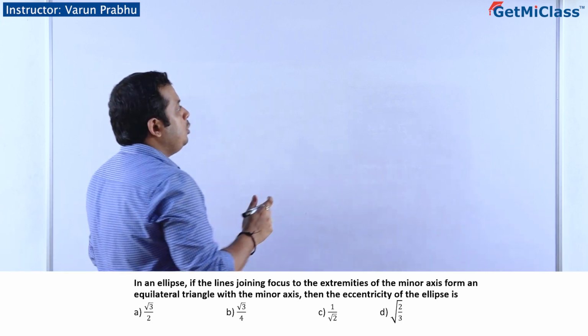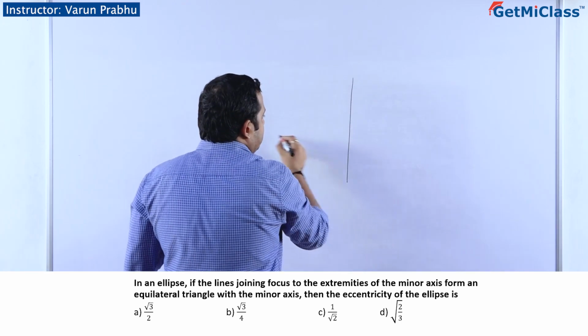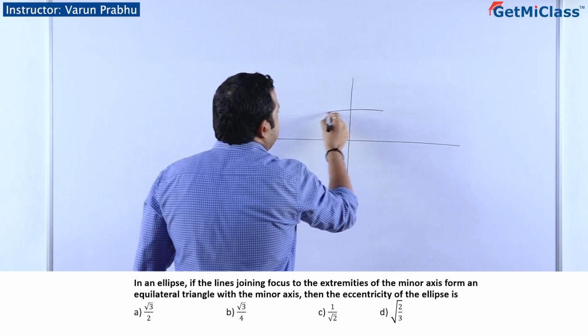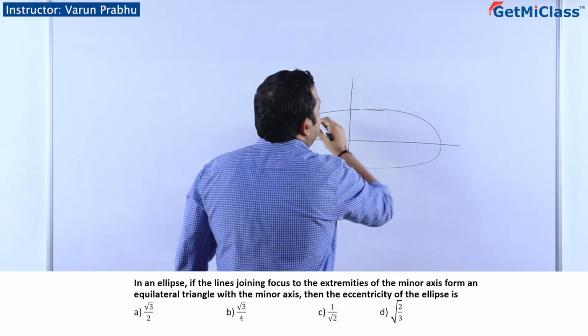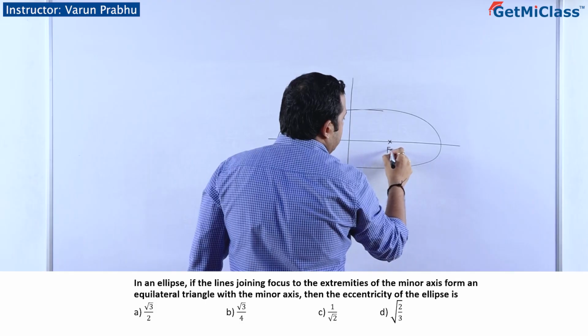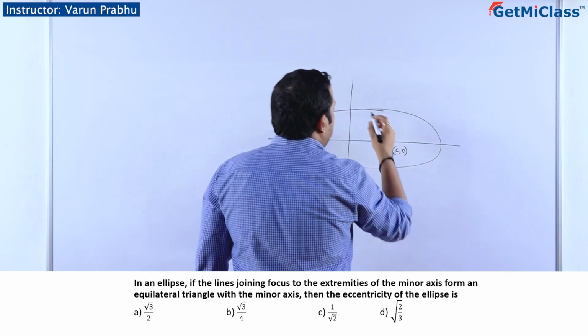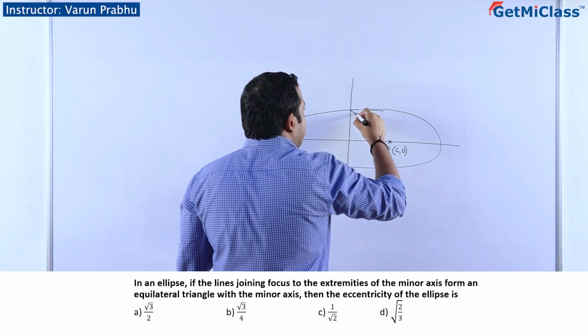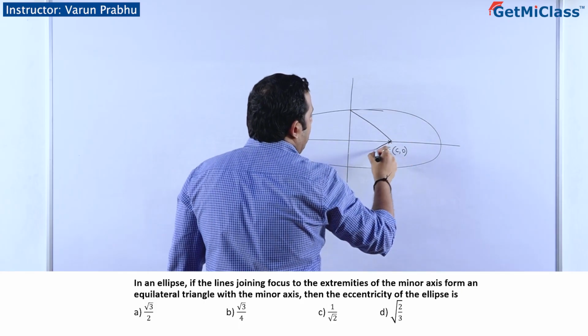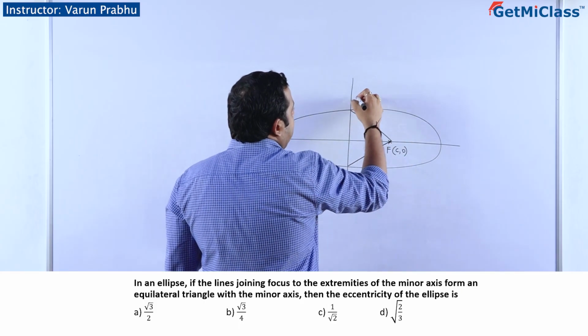If you look at the description of this particular problem, there is an ellipse like this. This is the focus C, 0. The line joining the focus to the extremities of the minor axis